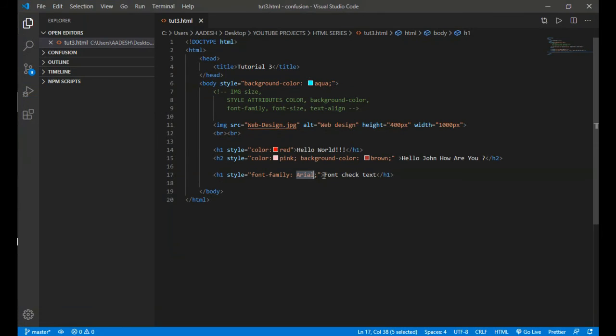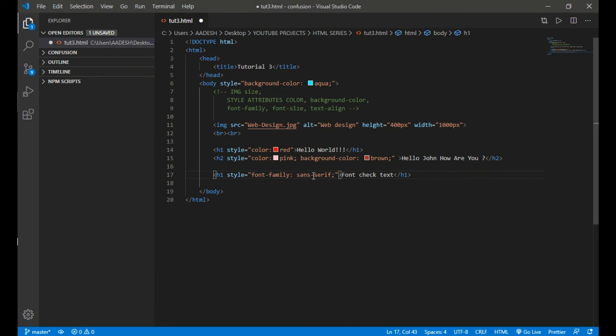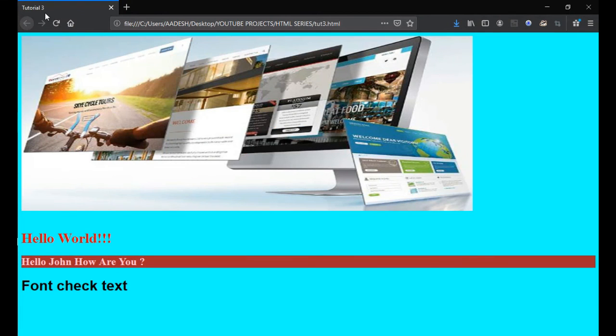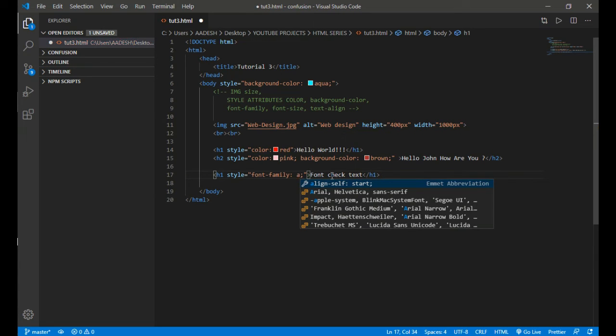Let's go back to code. Again, try to change the font family to sans-serif. Hit Control S, go to the browser. Now there is no change, because a few of the fonts are not available in some browsers, so we can add multiple font families. Whenever the first is not available, the browser will use the second.